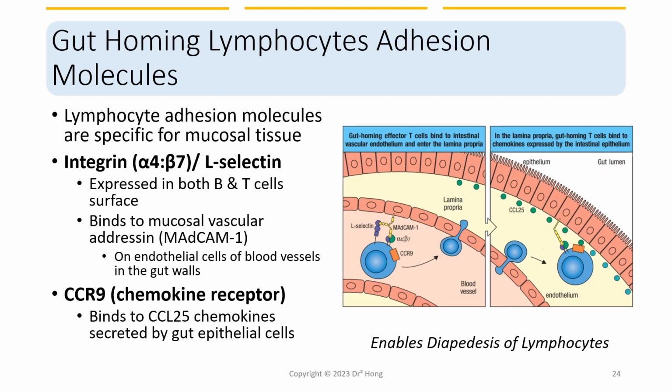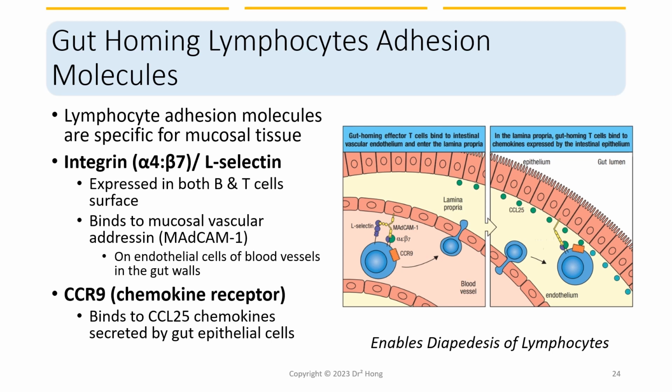These specific adhesion molecules are integrin alpha-4 beta-7 and L-selectin. They are expressed on both gut-homing B and T cells. These adhesion molecules bind to mucosal vascular addressin, or MAdCAM-1, that is on endothelial cells of blood vessels in the gut wall. The binding between MAdCAM-1, integrin, and L-selectin allows lymphocytes to leave the blood vessels and enter the lamina